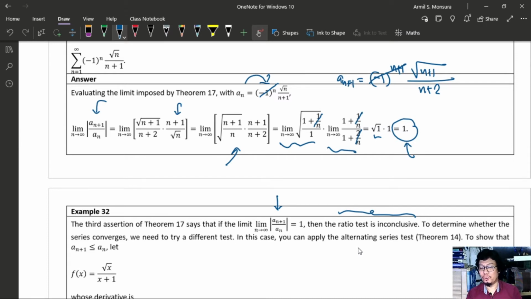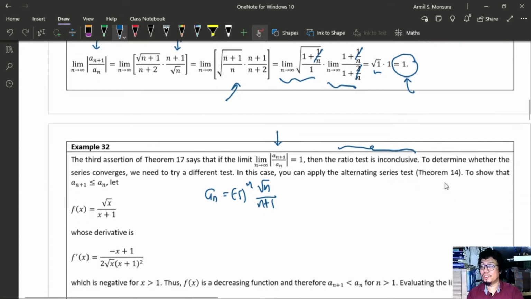So in that case, we need to employ a better test. Since we have already seen that the series is an alternating series,